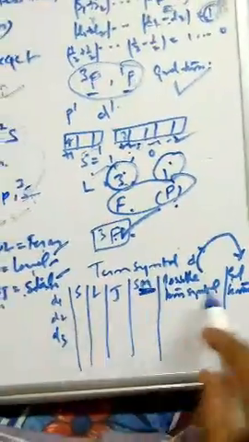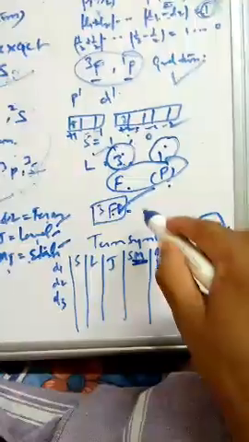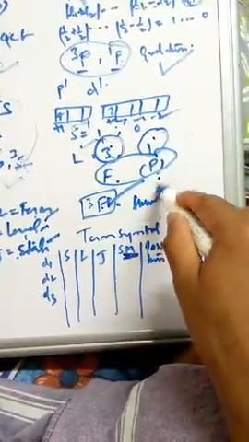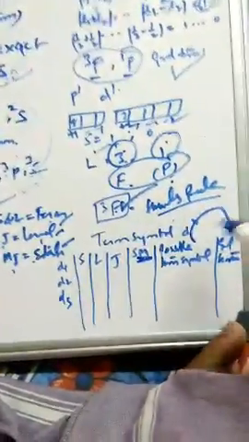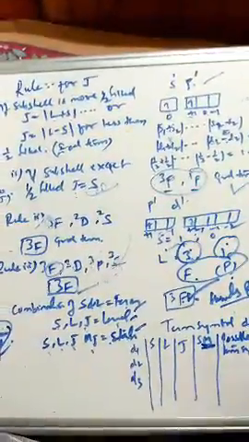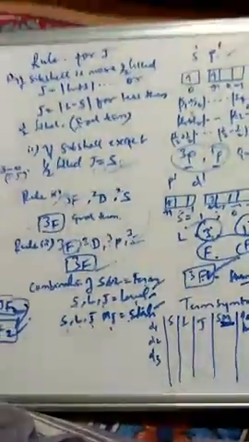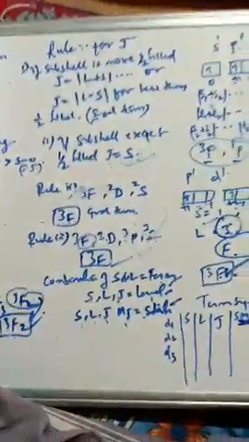Make this column and prepare all the ground terms from d1 to d10 according to Hund's rule. This is how we do it according to Hund's rule. So this is what we discussed now. You do this and keep it ready. Tomorrow, in the next class, I will check this, and we will discuss the next term after this ground term.